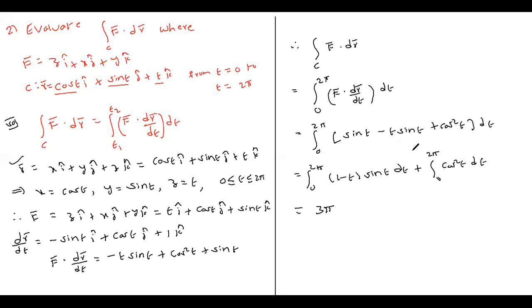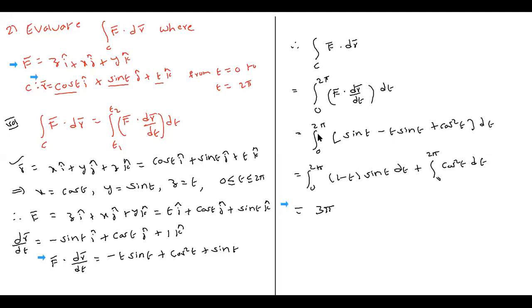So you just integrate most of the problems. When it comes to integration, I'll be asking you to do the integration. Explanation mostly I will be doing, and simplification you please do. So this is the second problem. Now everything is fine. F bar is given, r bar is given, we simplified, we applied the formula, and we got the answer.